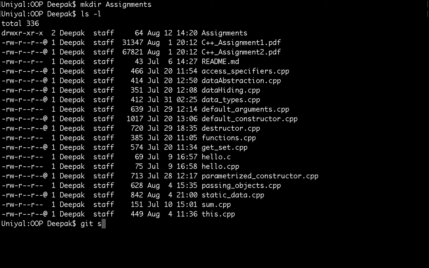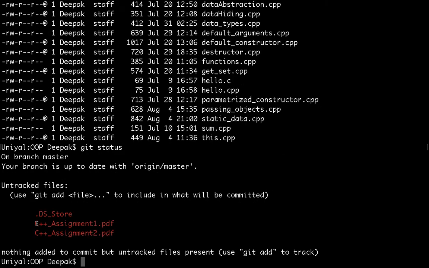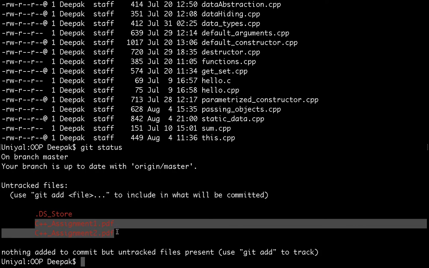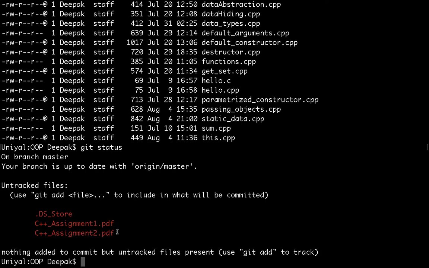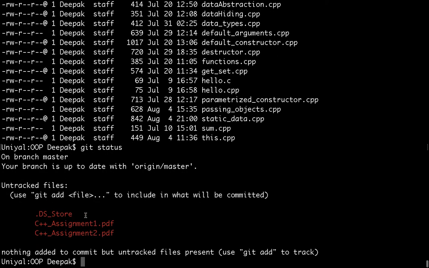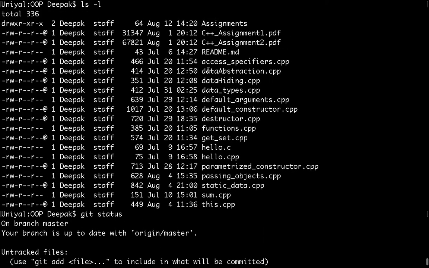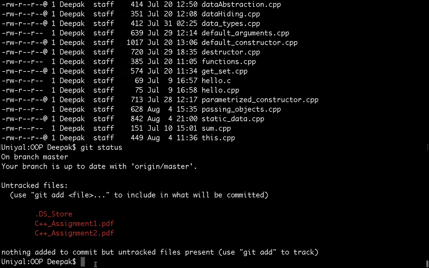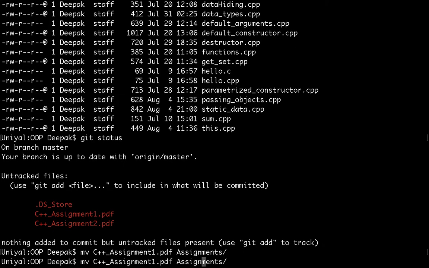And now after this you can move these assignment 1.pdf and 2.pdf to this assignments folder, or before that you can check git status, and you can see we have two files which are in non-staging area or untracked files. We have also added a folder, but that is not shown here because empty folders are ignored by git and we have to add at least one file to that. So just add at least one file, assignment 1.pdf, and I am moving that file to assignments. Similarly I will do it for 2 also.